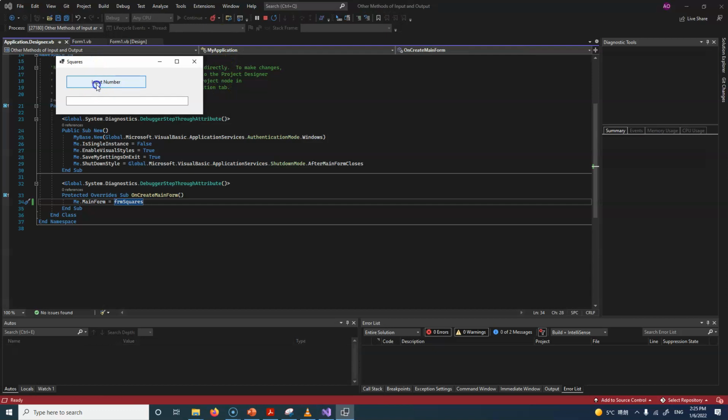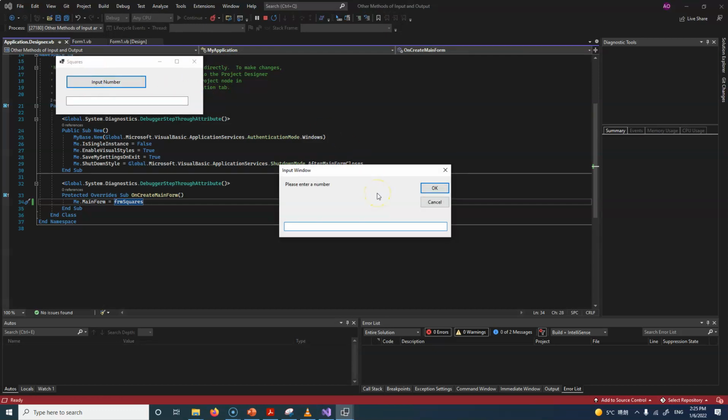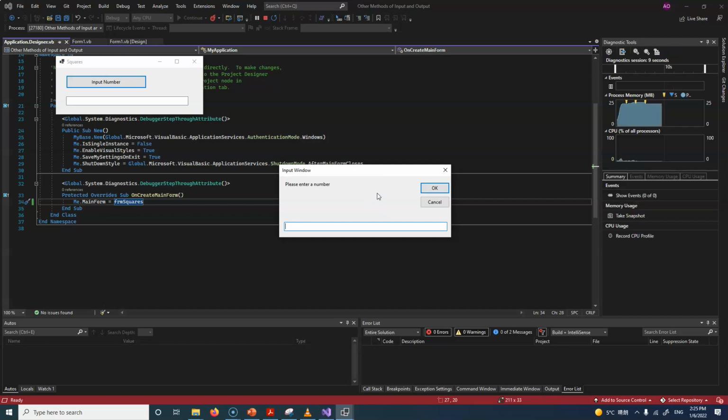So it loads up, input. So this works. When I press on that button, a window opens with the title input window. It asks me for a number, so I press 7. I then press OK,